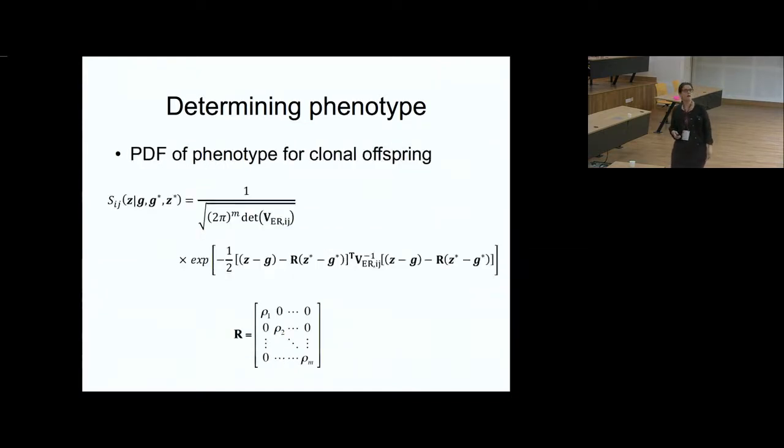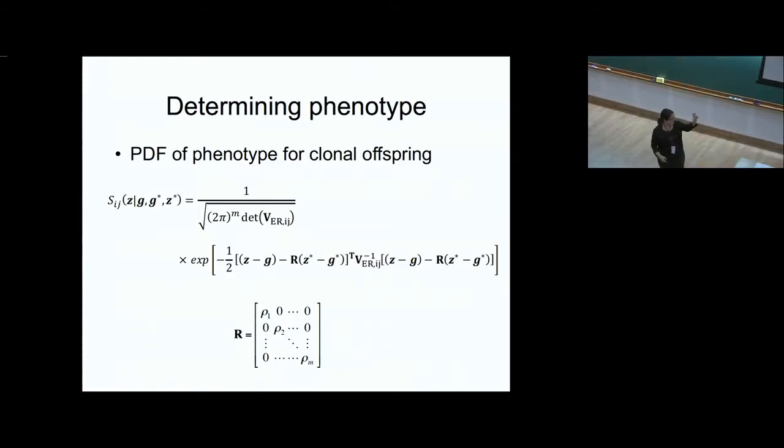So doing that, we end up having a probability density function for the phenotype of the clonal offspring. And all I really want you to get out of this is that we're going to use this matrix R. Actually, there should be ij's as well as the k's, but that's fine. And it's basically the identity matrix multiplied by the vector of these rhos, and so these rhos just appear on the diagonal. And so R for a multivariate trait is this matrix, and later I'll show you a really simple example where we only have one trait and then it's just rho. But wherever you see R, you can think of it as just being rho, basically.